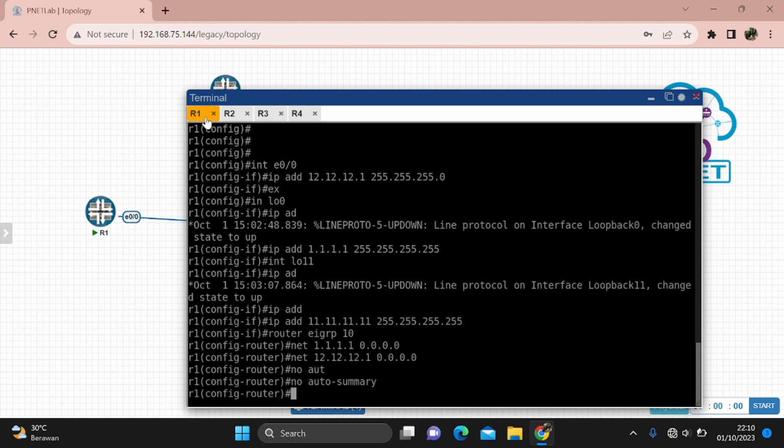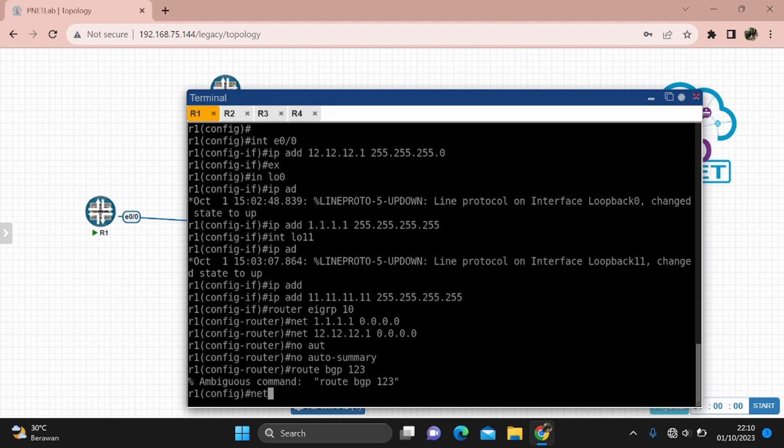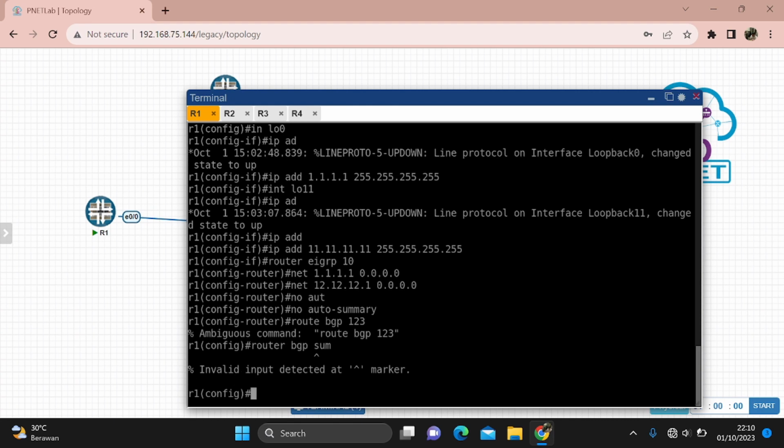And then configure the BGP in router 1. Oh, wait, wrong. Wait.